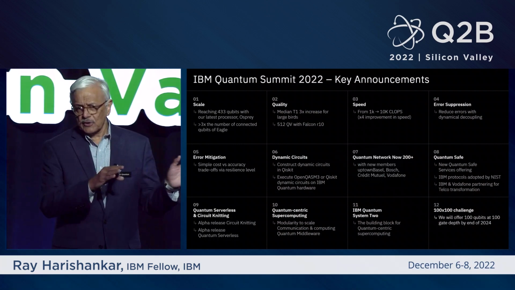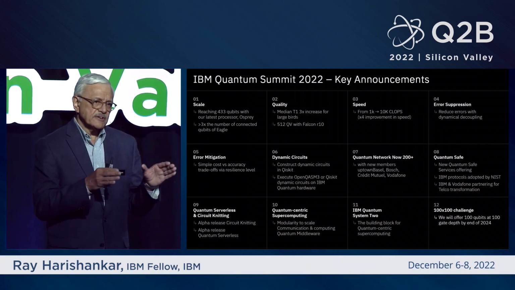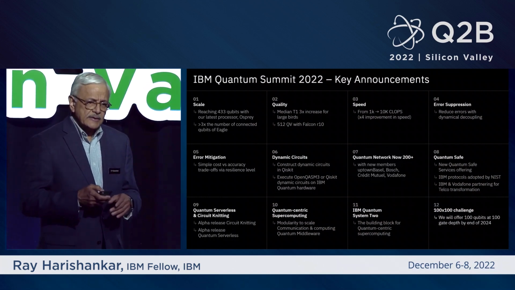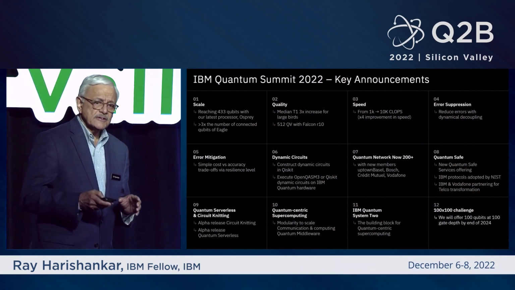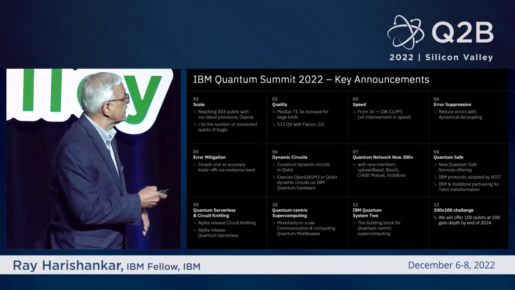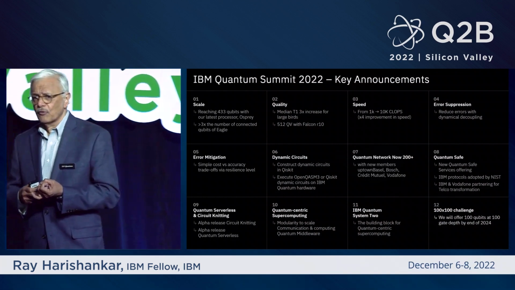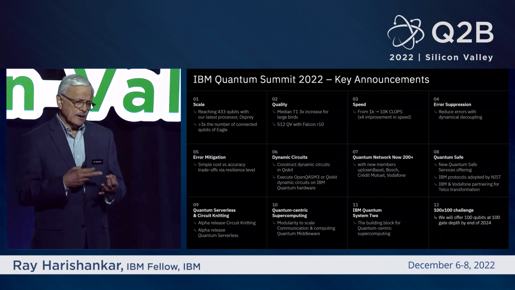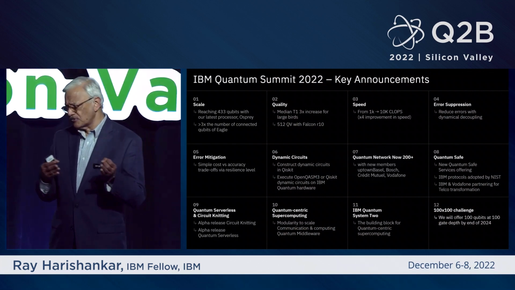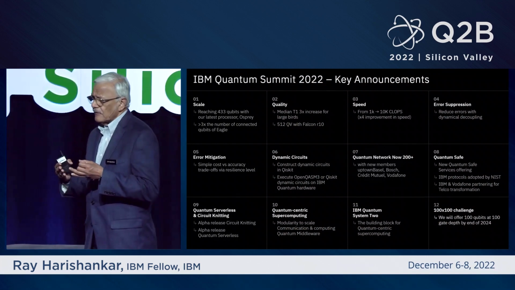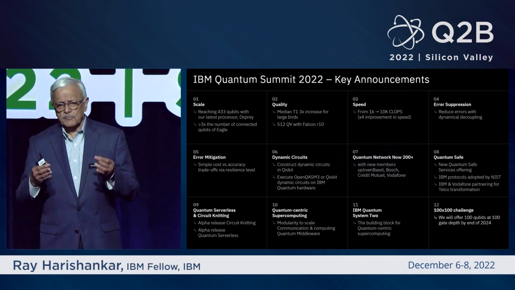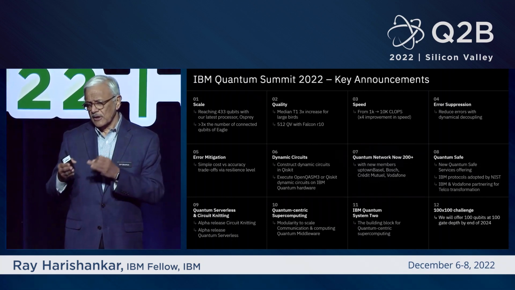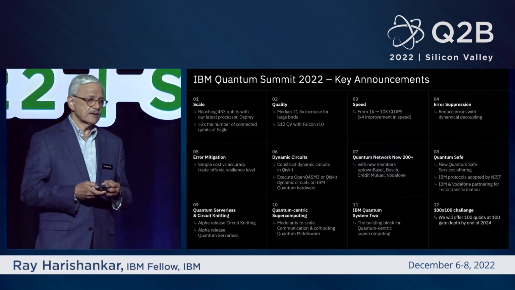And I'm not going to walk you through every one of these, but we made some pretty significant announcements that I just want to quickly run through. And the first is around the scale, quality, and speed, right? So we announced that we have a 433-qubit processor that we are going to be putting online by the end of the year. And this adds to the 20-plus systems that we have that are available to you to use. And we have been focusing on quality as well as speed to make sure that we keep addressing them and increasing them as the demand increases.